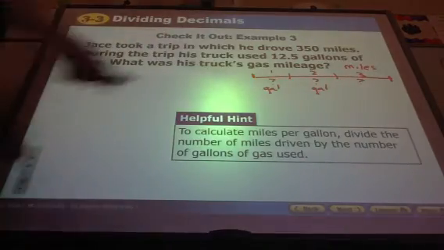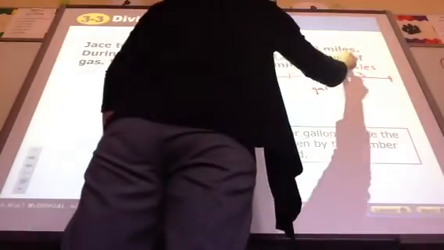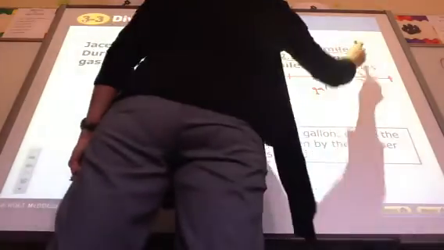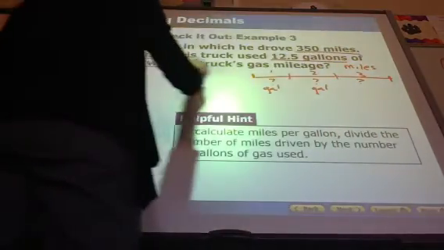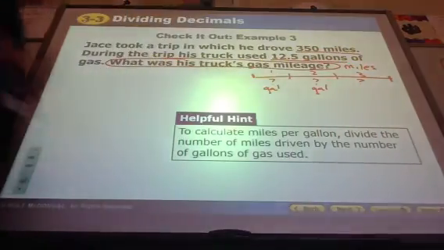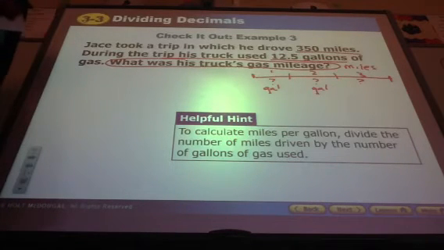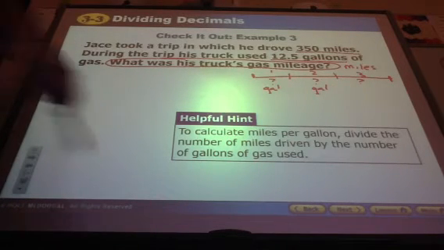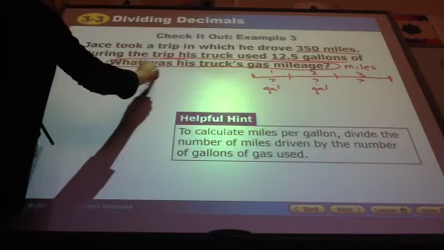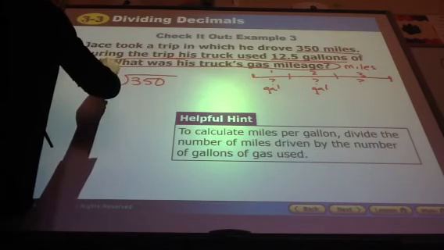So, we've got 12.5 gallons, he went 350 miles, and we want to know what his gas mileage was. So why don't you pause the video and try this on your own, and then we'll come back and check it. All right, so we're back, and we're going to take 350 miles, and we're going to divide that by